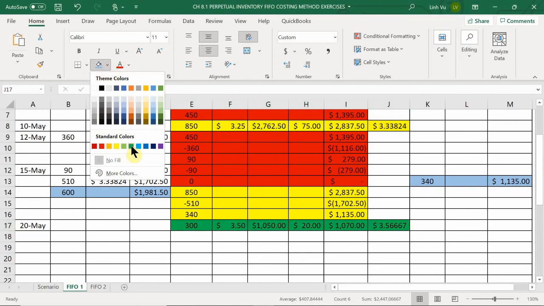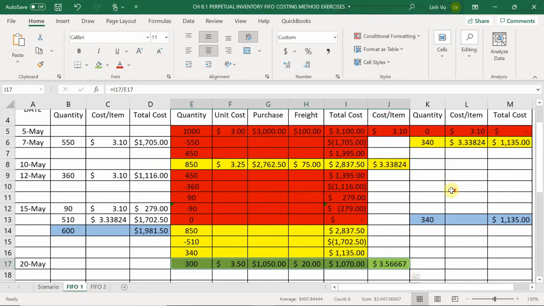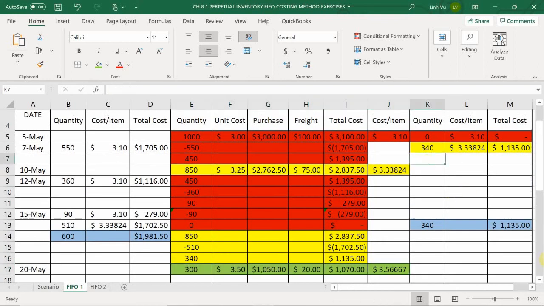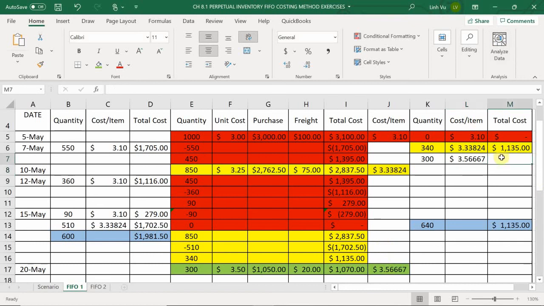Let's just do the rainbow. Green. Okay. And I'm going to plug this number into my inventory worksheet. So I have 300 items at 3.566667, which gives me a total cost of